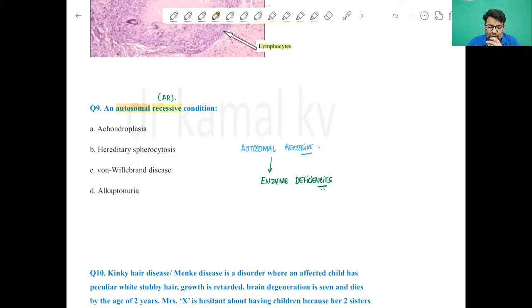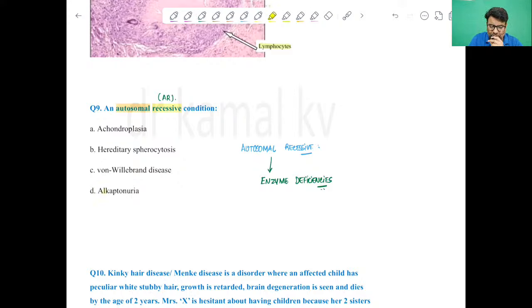inheritance. Now in the given 4 options of question number 9, can you tell me, is there any condition which is presenting with enzyme deficiency? Any condition in which we see there is enzyme deficiency, then I think you can get your answer. So Varsha, Shrudis, if you can just mark out the condition in which there is enzyme deficiency, I think the answer is pretty clear. There won't be any confusion regarding this, right? So just remember the fact that the majority of enzyme deficiency conditions present as autosomal recessive. Very good, Varsha. The condition is